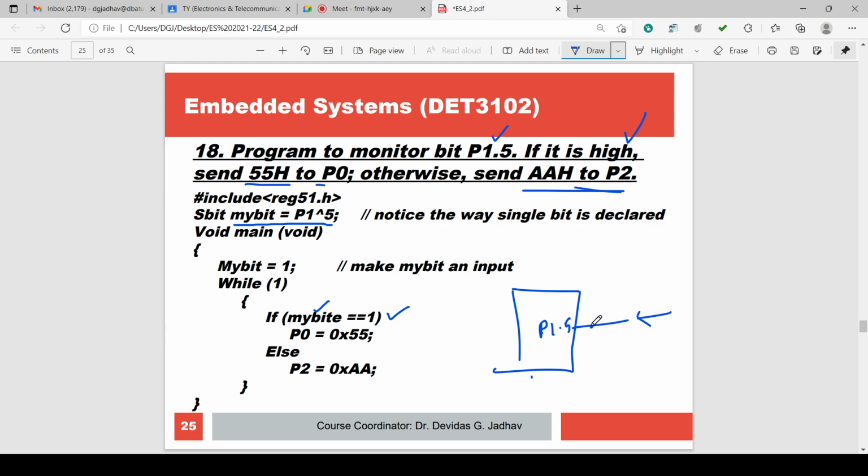If this pin is having a high value, that is one value, then port P0 is there, with 8 lines: 1 2 3 4 5 6 7 8. On those 8 lines 55 is outputted. Otherwise AA is outputted. 55 is 0 1 0 1 0 1 0 1. AA is 1 0 1 0 1 0 1 0. So this is the program.